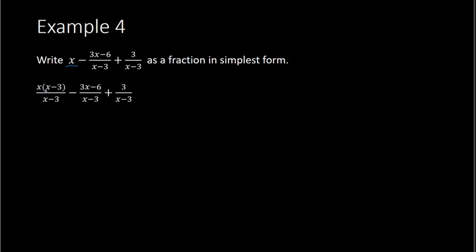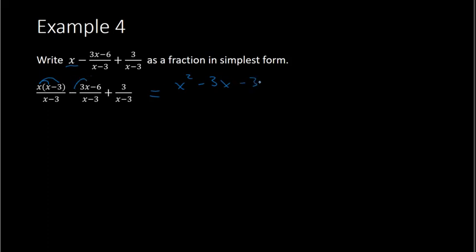So I now have x times x minus 3 over x minus 3 for the first fraction. And then from here I just combine into one fraction, and I distribute as well. So I have x times x, which is x squared, then x times negative 3, which is negative 3x, minus